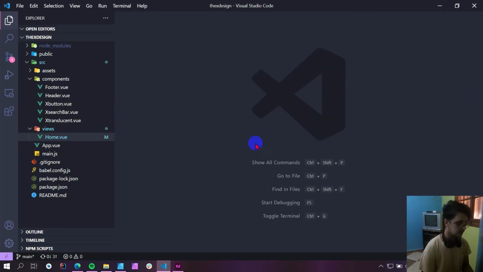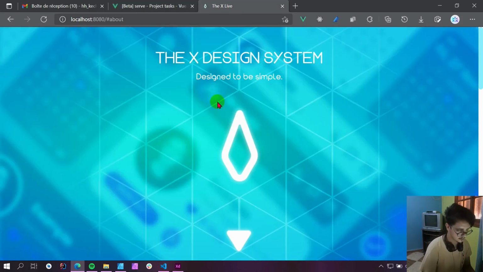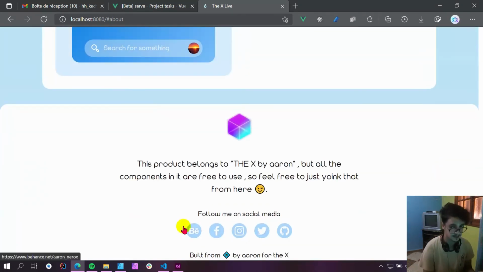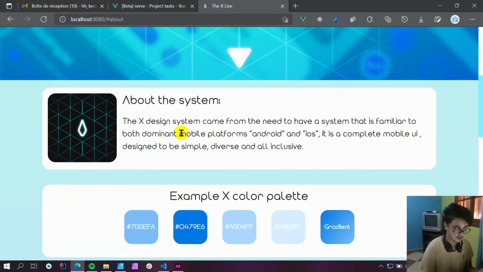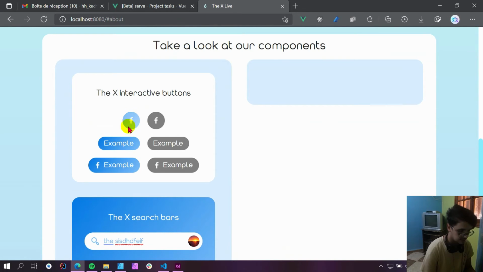Anyway, back to the project here. So we have some components. As you can see, I love to structure my websites as components. So the header is a component itself, the footer is a component. We have the buttons. As I said before, there is one button, and there are